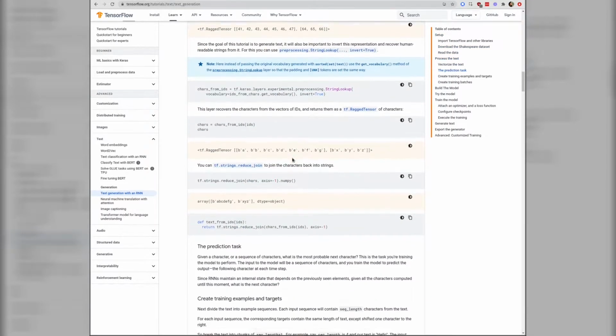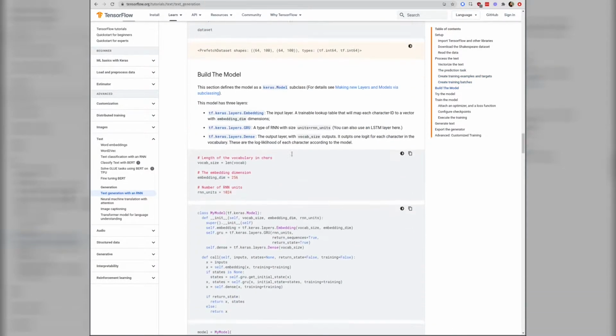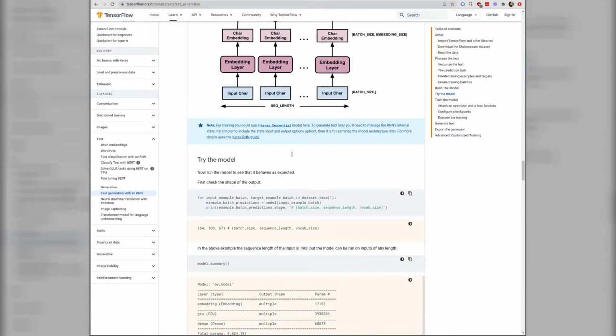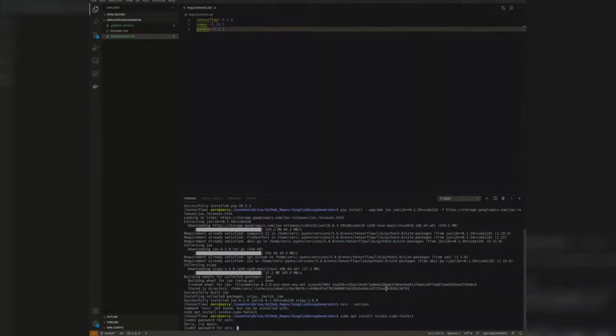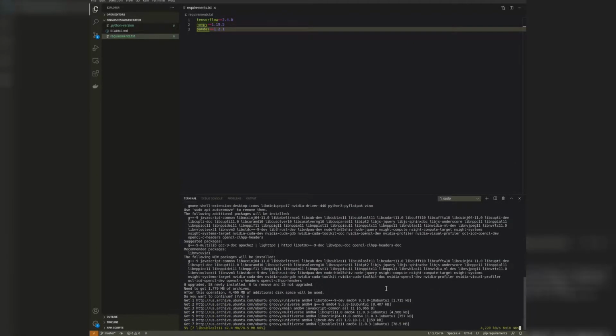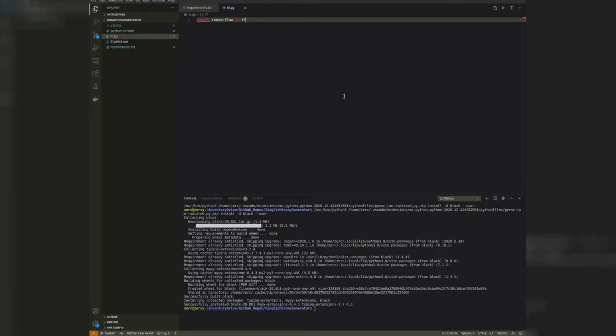Okay, to get started, I searched for existing projects and attempts at doing this, and there's a lot of guides and tutorials on how to do basically text generation using AI. But I realized that Tensorflow also has a guide, and it's pretty well done, pretty elaborate, and it goes through step by step exactly what is going on. So I thought I'd use it to get me started.